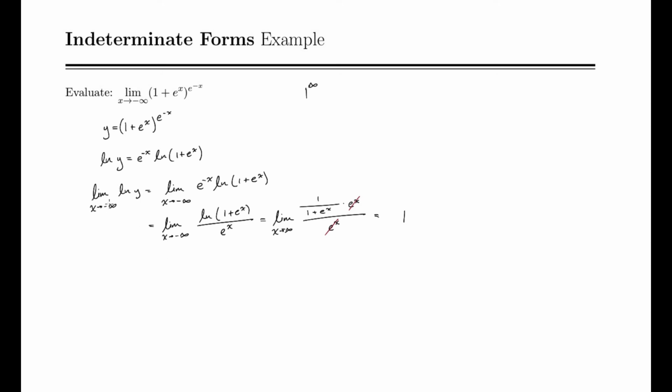And now we're taking the natural log of the limit of the natural log of y. And so because the natural log is a continuous function, we can bring the limit inside. So this is the natural log of the limit as x approaches negative infinity of y. And that's equal to 1. And so now we can take e raised to both sides, and we are left with the limit as x approaches negative infinity of y, which is that function that we started with, 1 plus e to the x to the e to the negative x, is equal to e to the 1, or simply